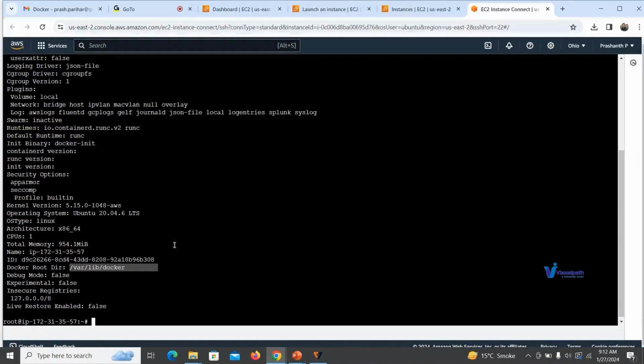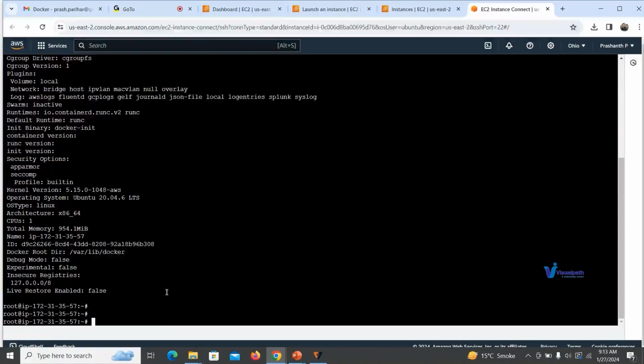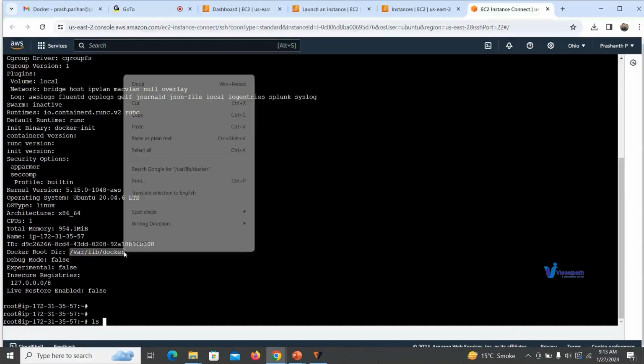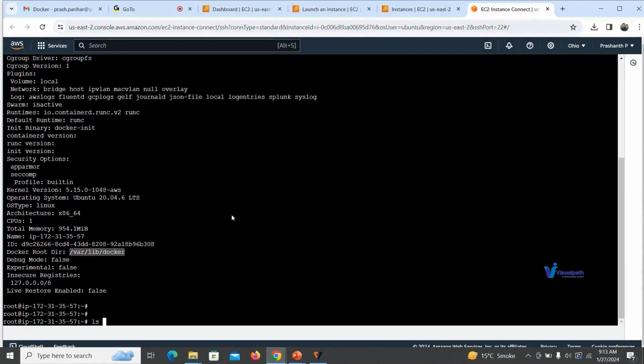Okay. All right. So this is what we have to remember. The Docker root directory is /var/lib/docker. All right, /var/lib/docker is my root directory. Just remember that, right? Everything will be visible inside this path. My volume, my plugin, my driver, everything. So let me just show you quickly, then we'll start doing some operations on Docker. ls means display, right? List. And if I just copy paste this path,